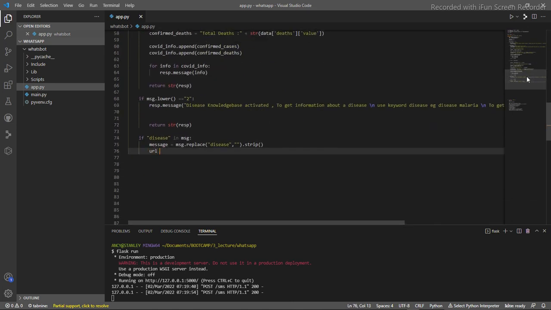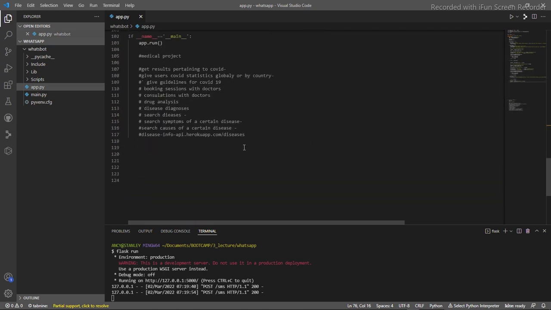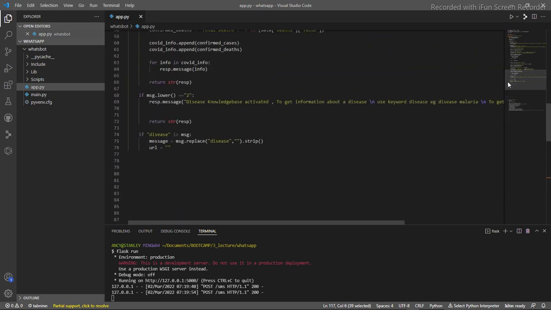So we're just going to say url, or anything that you want, and then just put your URL. This is the URL that we're going to use. Okay, like this. And then HTTP, not HTTPS,